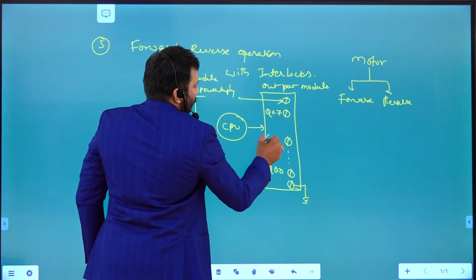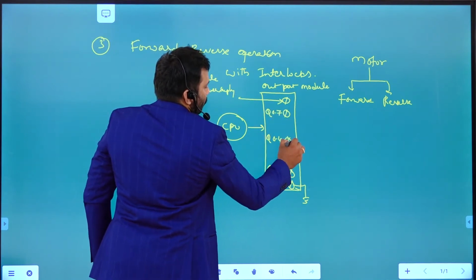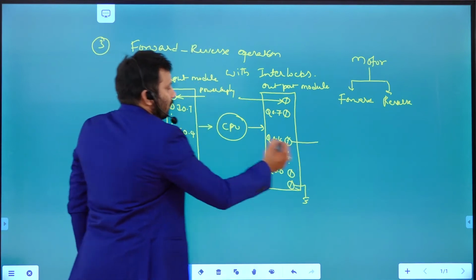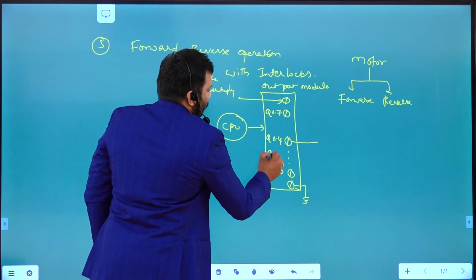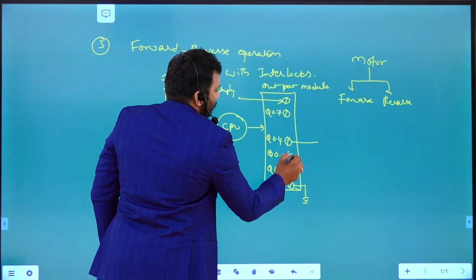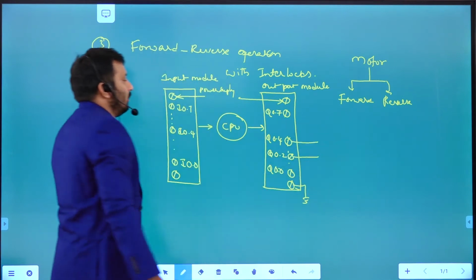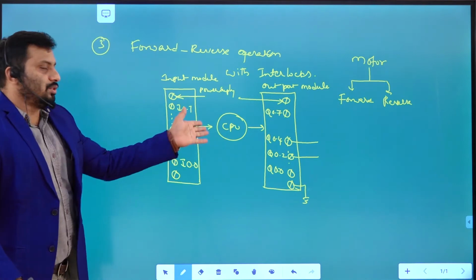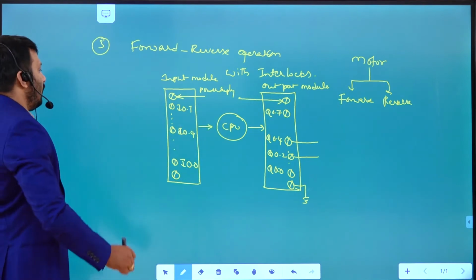Somewhere in the middle, at Q0.4, you connect the coil for one direction, and another terminal is connected to the coil which is going to rotate the motor in the other direction.